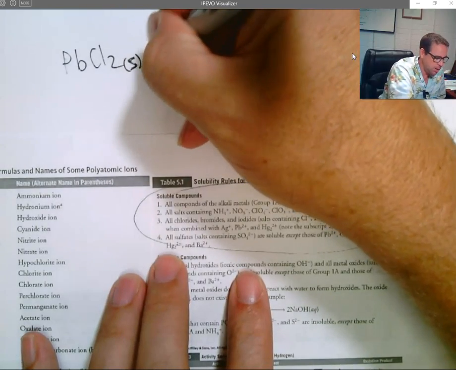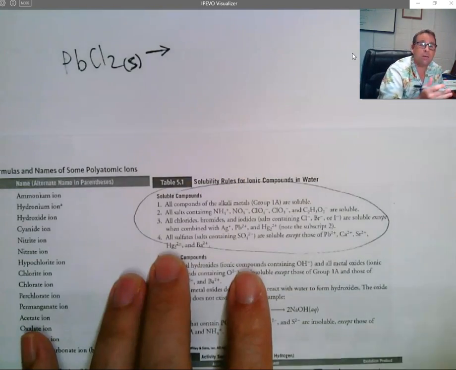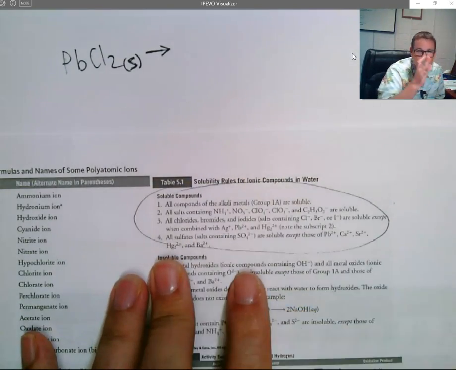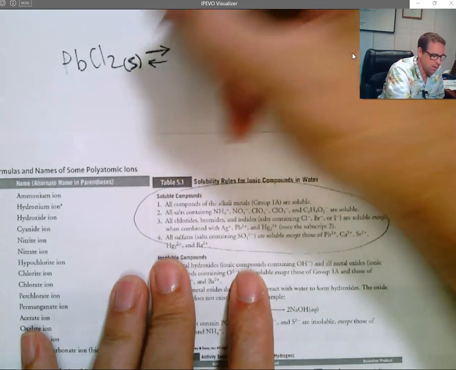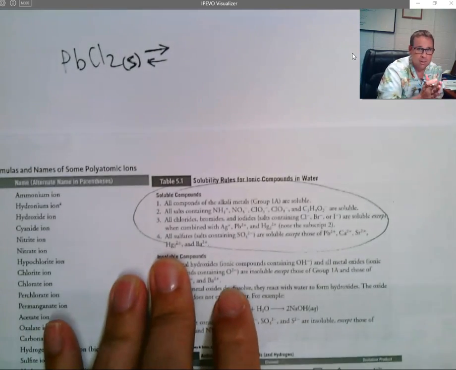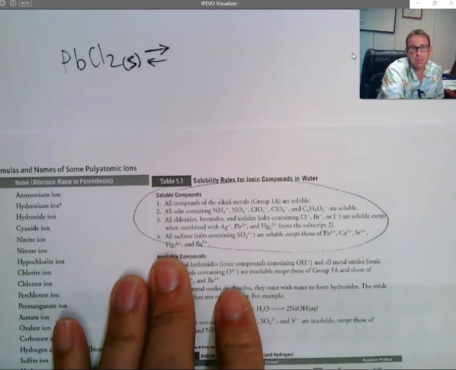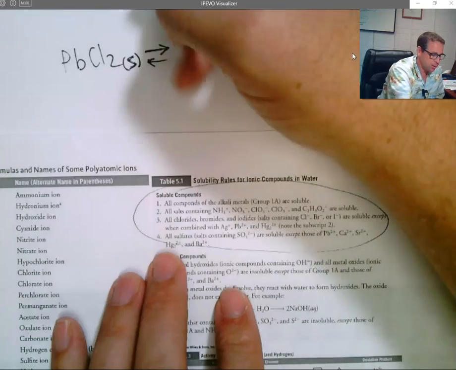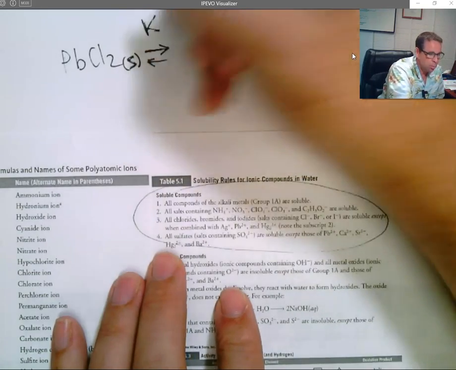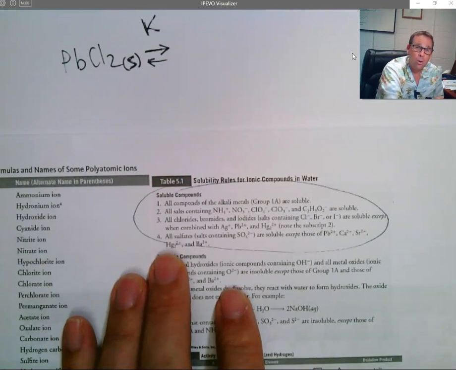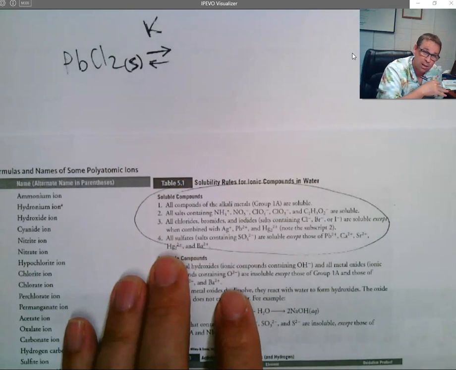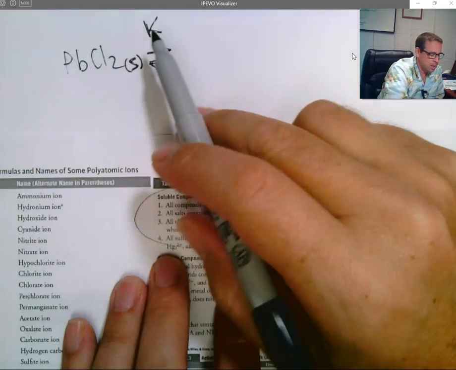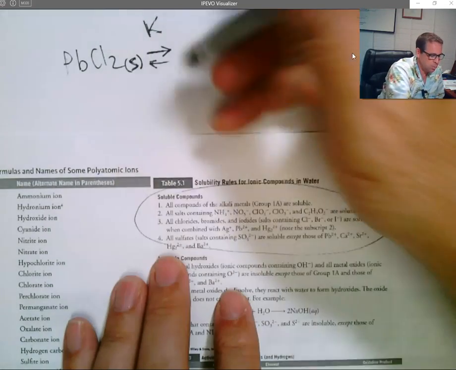Right? It used to be there were things that were soluble and there's stuff that's insoluble, and that was the line. Just like we used to say there's strong acids and weak acids, and there's a line between them. That's what we used to think. But now we know with an equilibrium constant, we can know how strong the acid is. It's a weak acid, but it could be a little bit stronger than every other weak acid. Same thing with this K. It will tell us